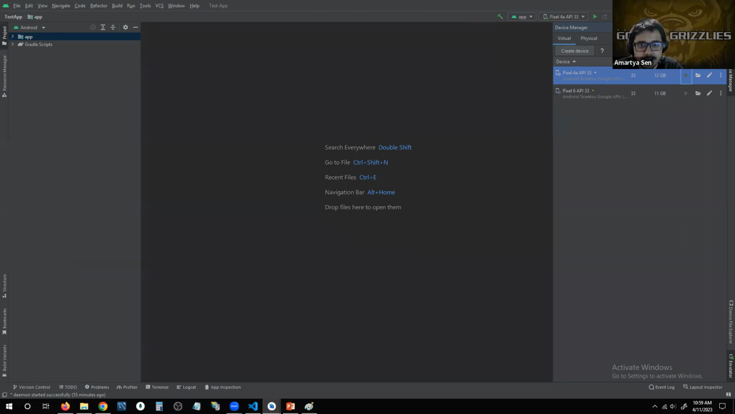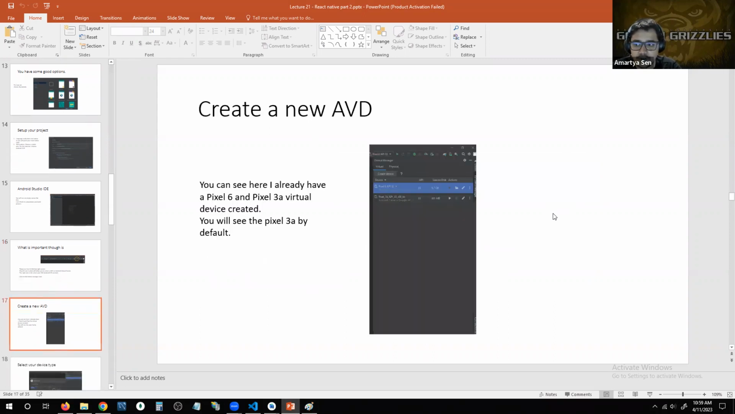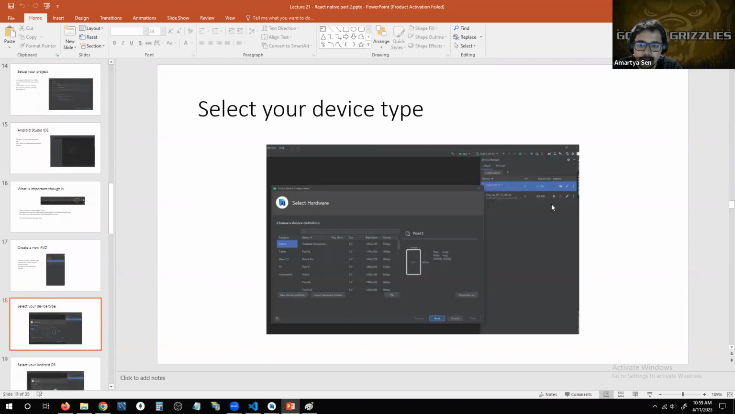Okay. And then the second button is basically the SDK manager. The reason these two buttons are important is because this is what is going to help you set up the Android virtual devices and choose the type of Android operating system that you want to use in order to set up your device. Okay. So essentially, if you go here and hit create device, it will ask you to